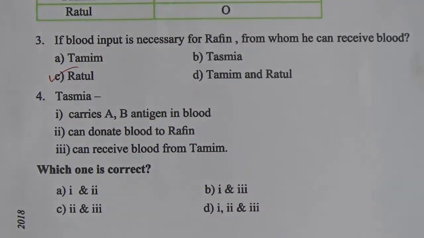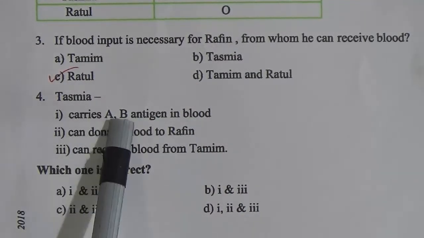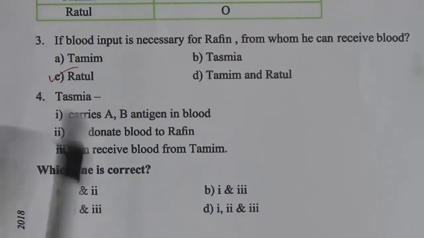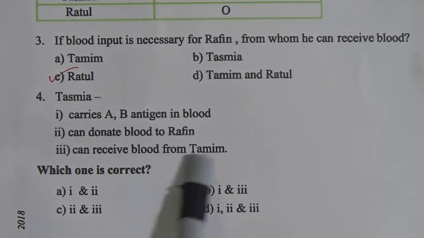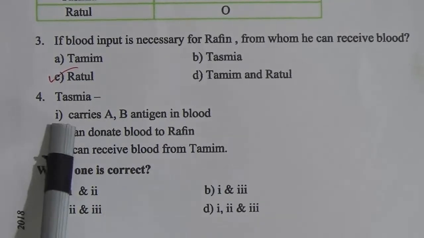Now come to the next one. Tasmia carries the blood AB antigen in the blood. 2 can donate the blood to Rafin and can receive the blood from Tamim. Dear students, AB